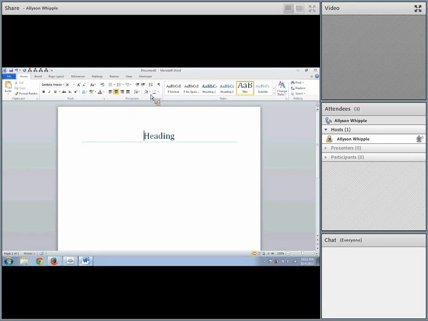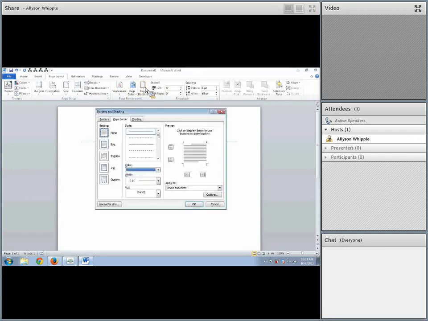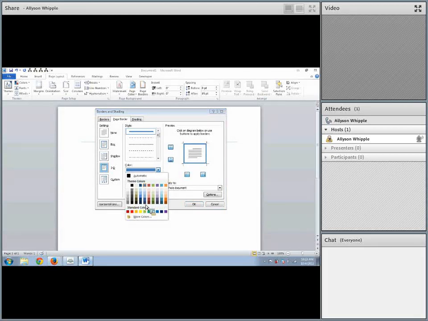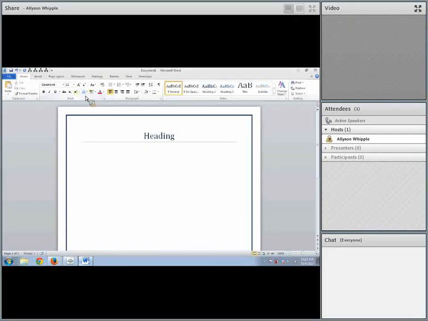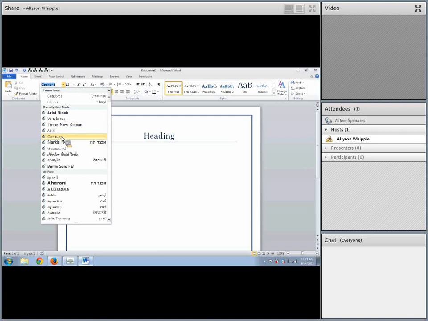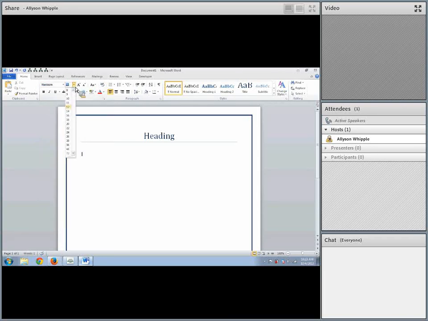I'm going to insert a border, let's go with a dark blue. And then I'm going to hit enter and set up what font I want. Okay, so